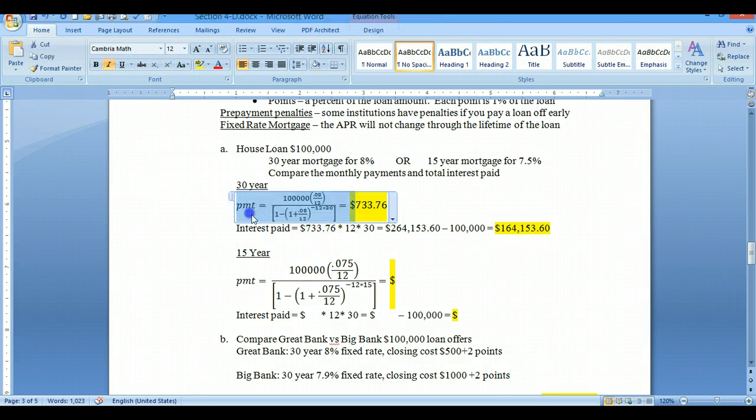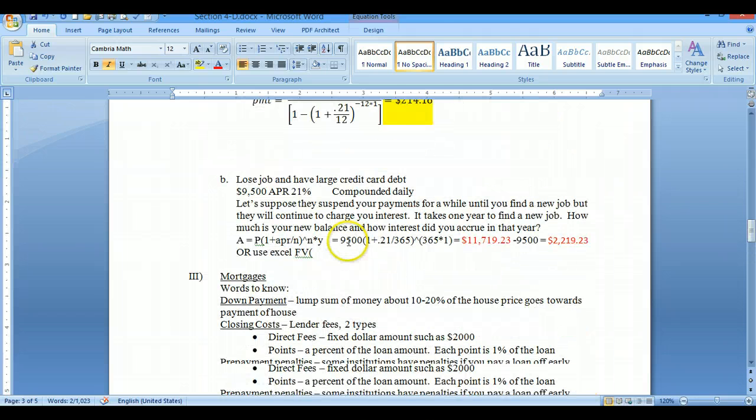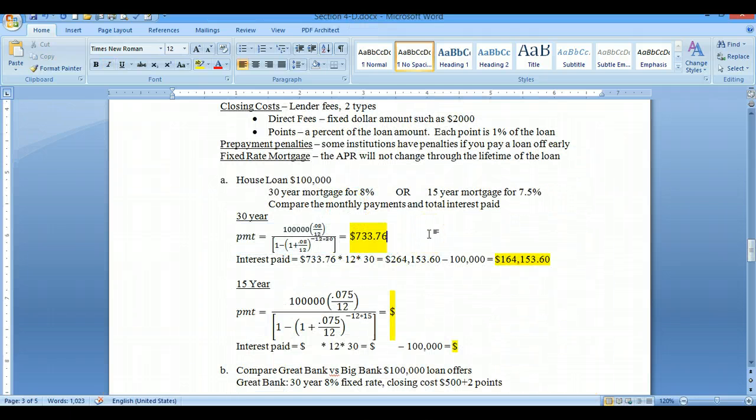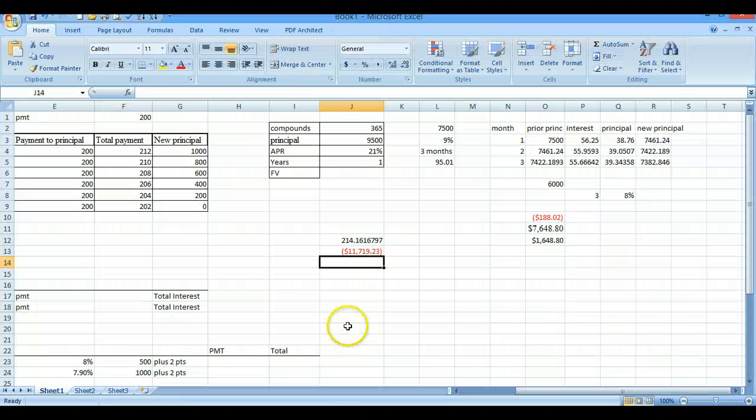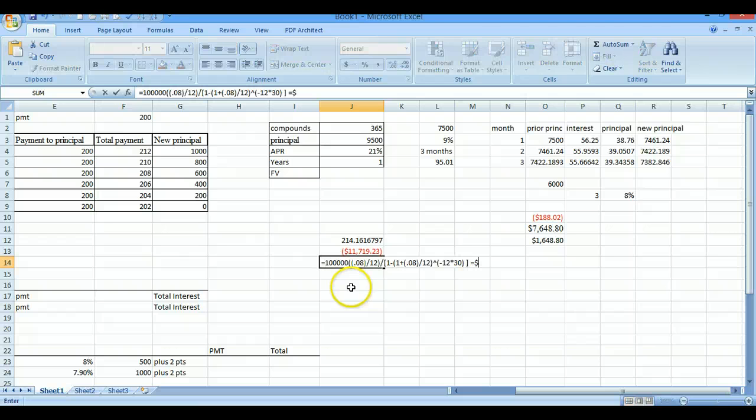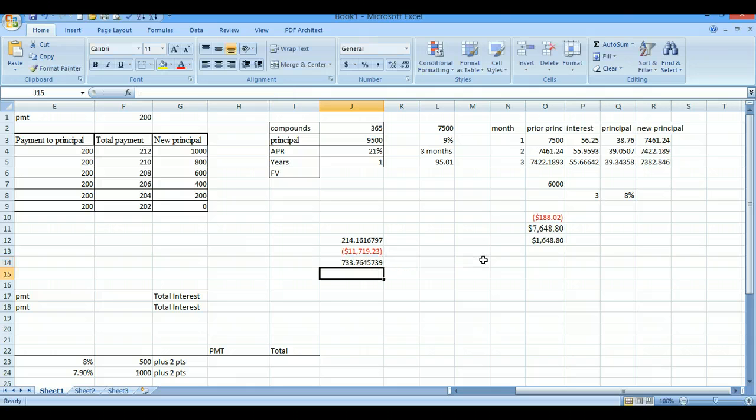So we can copy and paste our payments down from our formula above, or we can go in and use Microsoft Excel and use payment. Fortunately, though, we've already done this one, and from the previous example, let's just copy and paste this into Excel. Copy, paste, equals, Control V, and give us a multiplication sign, and delete and put in parentheses. Oops, and it looks like I copied a little bit more than I should have. There we go,